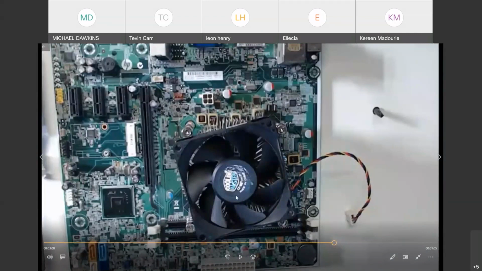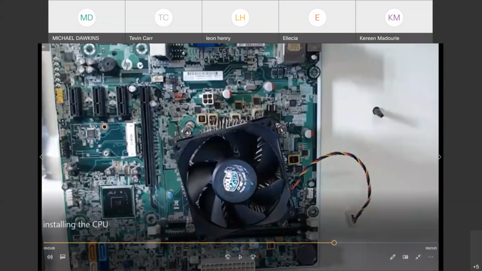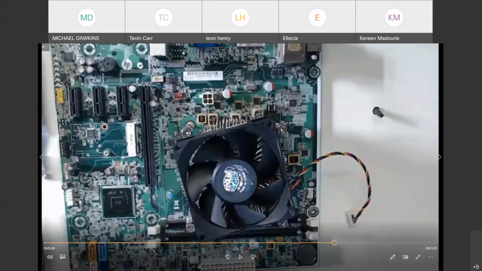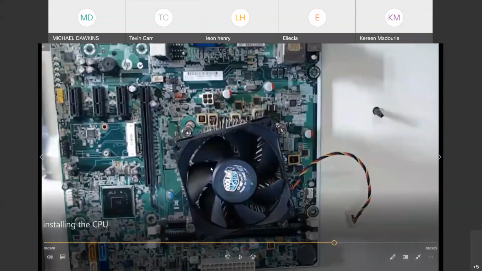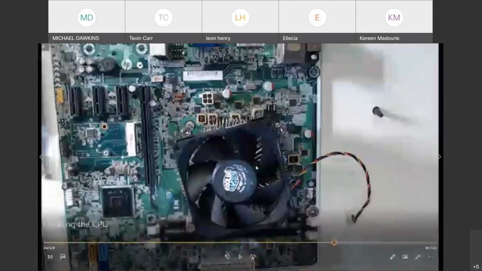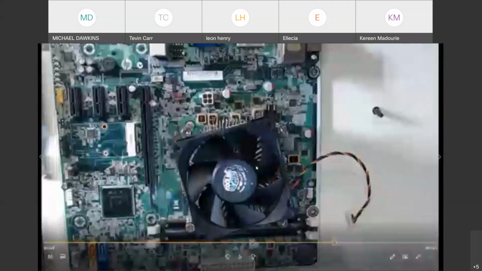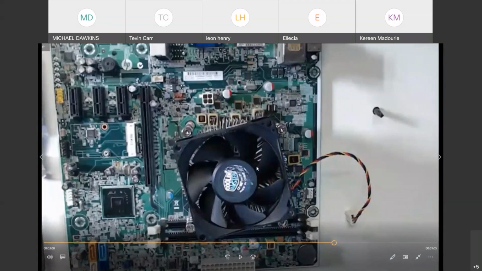The truth is, when you're buying a CPU, sometimes you get the thermal paste as part of the package, sometimes you don't. So you ensure that you have thermal paste. As it says, it helps to dissipate the heat, remove the heat from the CPU onto the heat sink, but it's also a paste, a glue. It also holds the heat sink onto the CPU so that there is no space between the CPU and the